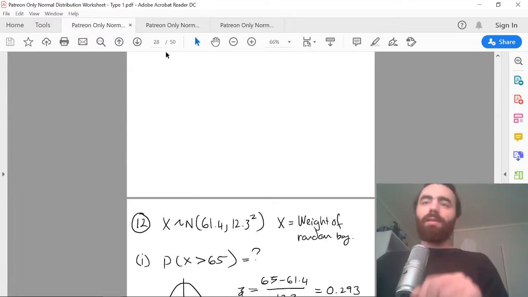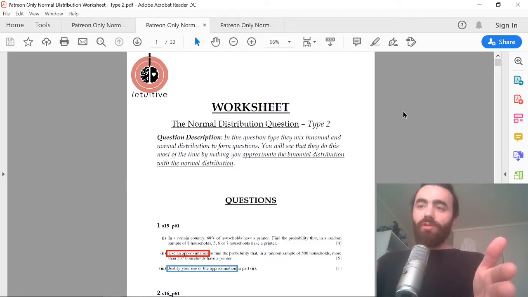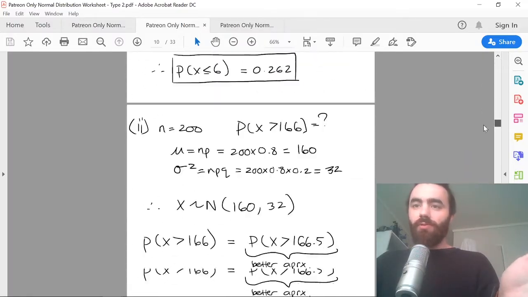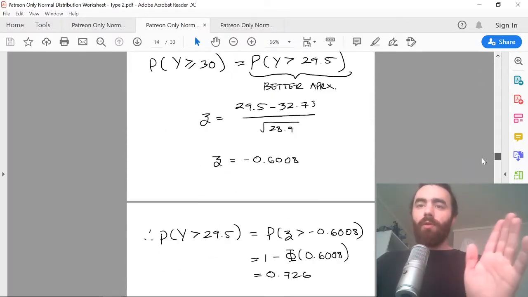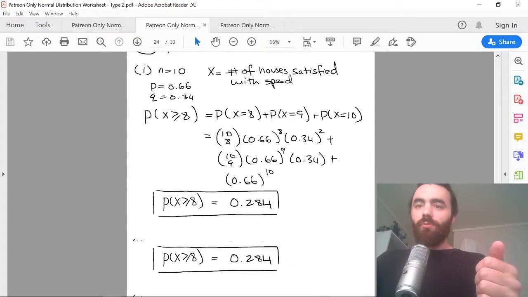And they're all categorized into those different styles, which you should know from watching my exam hack videos on the normal distribution, which explain these styles. I will put links for those in the description, but in this resource you have my personal answers to over 90 past paper questions on the normal distribution,